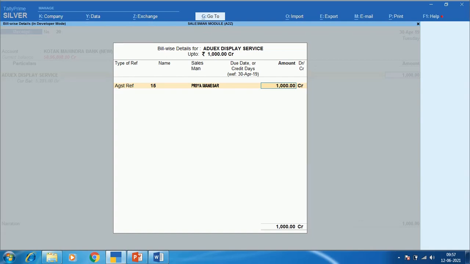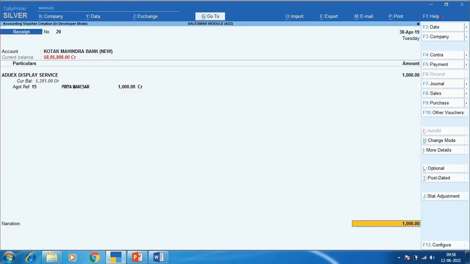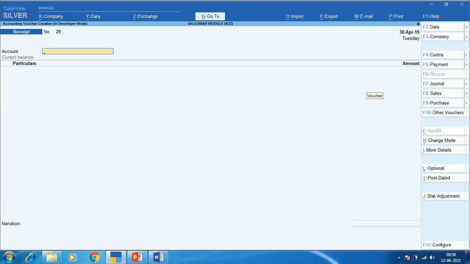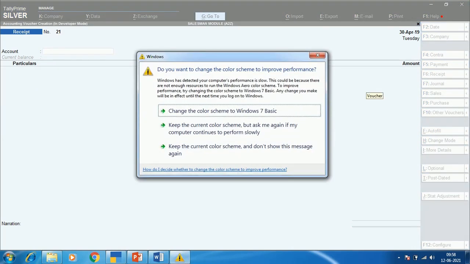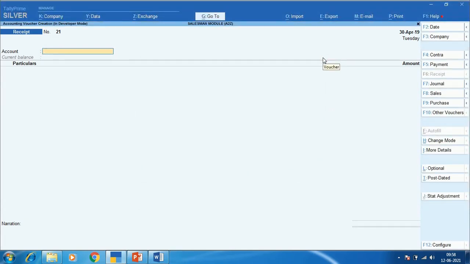You don't need to mention which salesman has sold that product to this company. So let's go further. Let's save it. What we have done is that we have entered an invoice and we have entered a receipt as well.